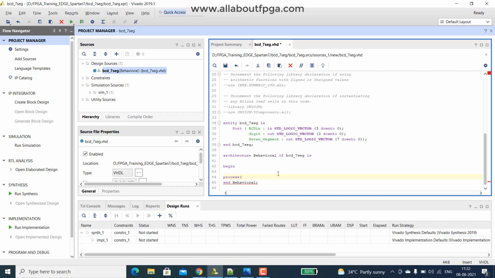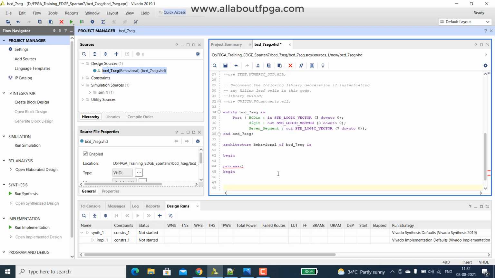Any instruction that is provided within this process will have a syntax of process begin, and inside that the list of functional statements, then it ends with end process. So this is how the process will be. Within that process, we have a sensitivity list, based on which input the output changes. If there is any input change, this process will execute. We have to mention that BCD in.